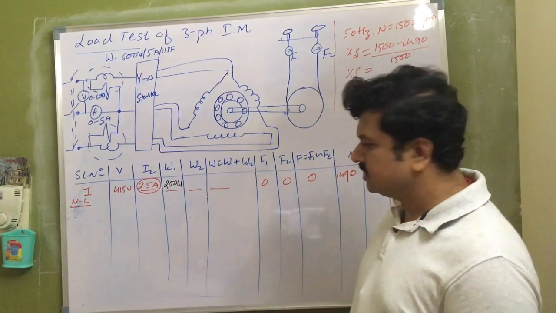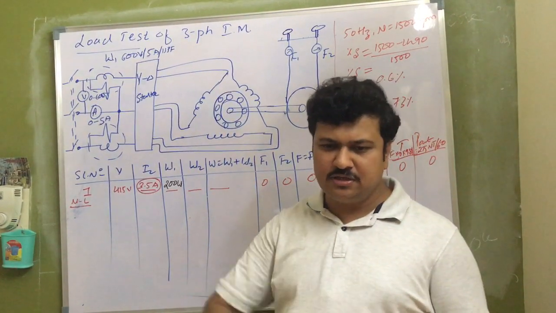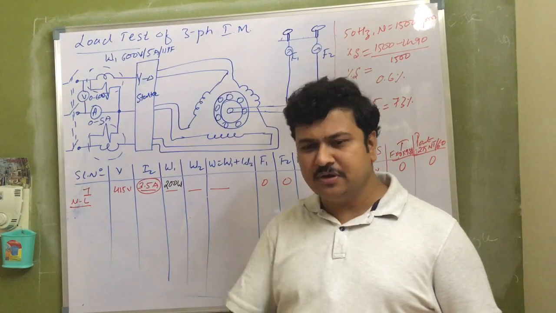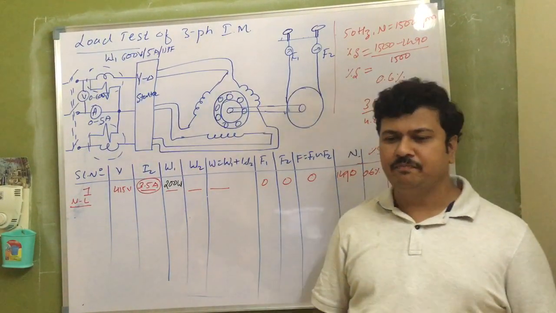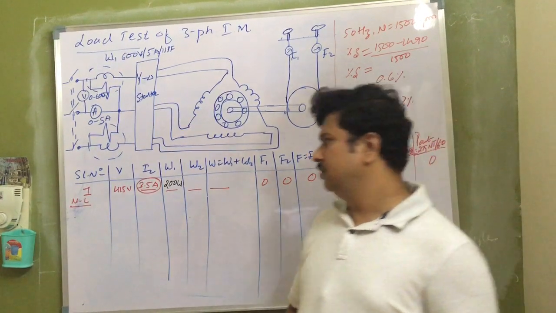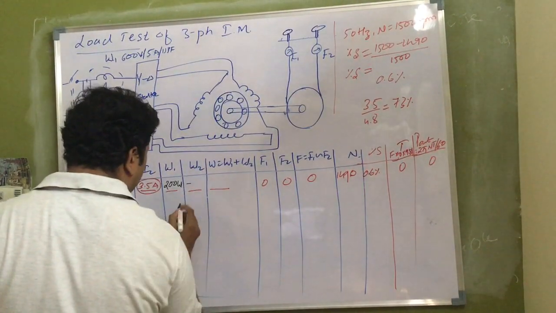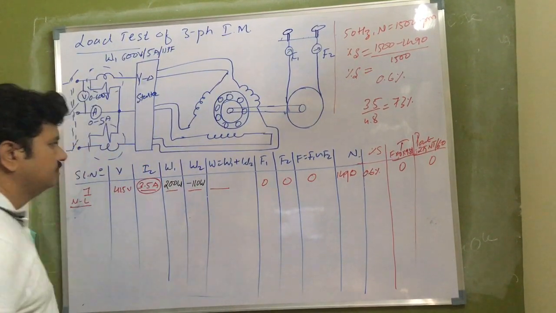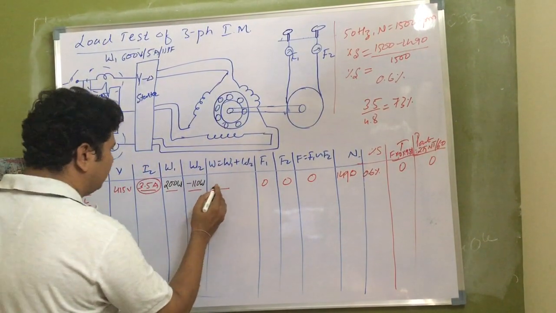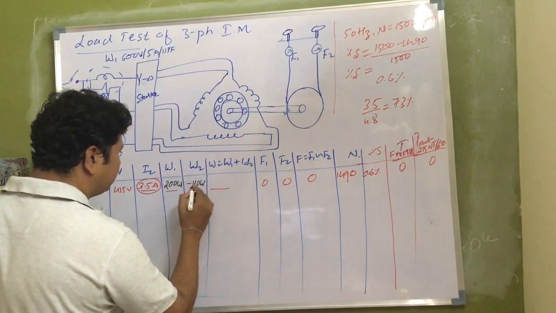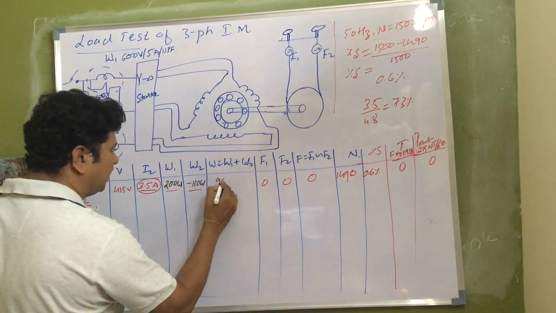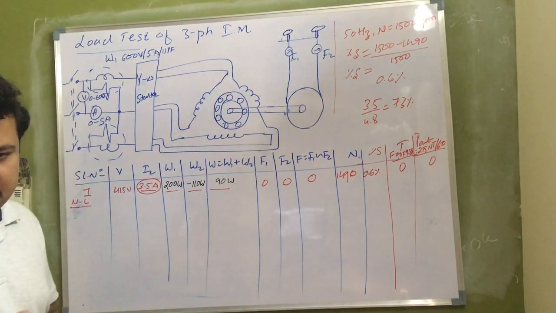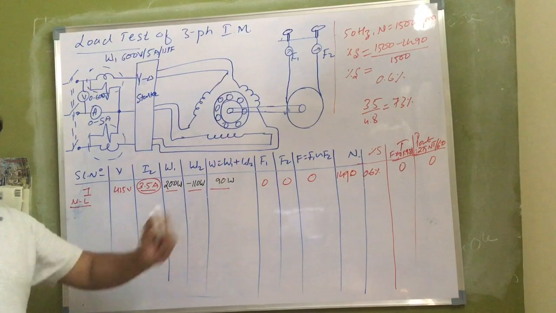Then the wattmeter starts showing the readings on the positive scale, and those readings which I get after reversal of the potential coil or current coil, I take as negative. So let me take this as, say, minus 110 watts. Therefore, what is W1 plus W2? 200 plus minus 110, I will get 90 watts. So the power drawn at no load is 90 watts, even when the output is 0.